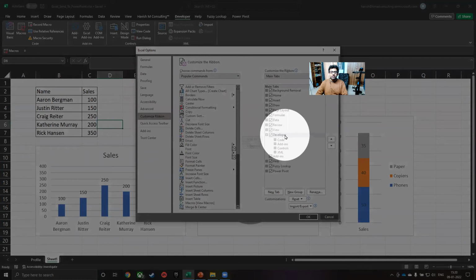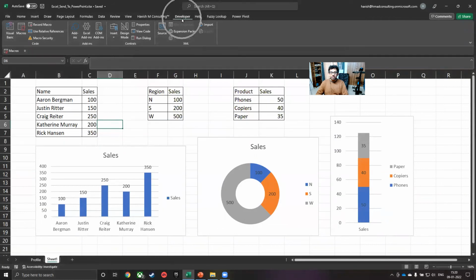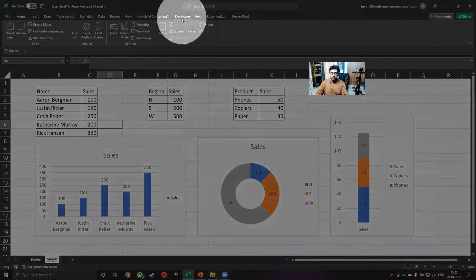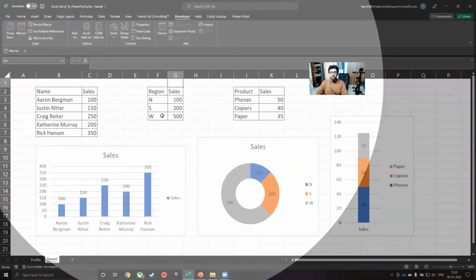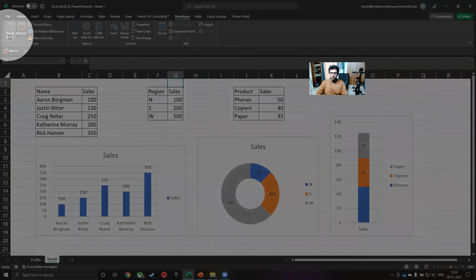And finally, check this option called Developer. The moment you check this option, you will see that the Developer tab has appeared. Now you can go to the first option in Developer called Visual Basic.